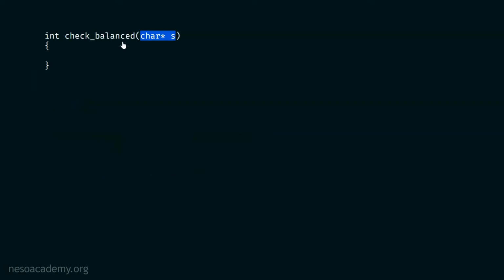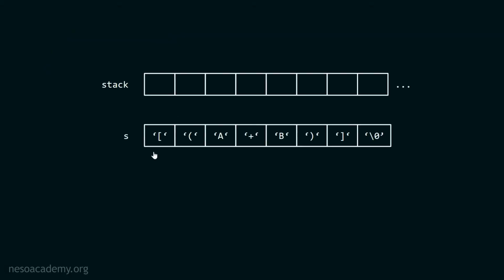This is how a checkBalanced function looks. You can see that the return type of this function is int, because this function will return either 0 or 1 based on whether the expression is well balanced or not. Here I have declared this pointer, which must point to the expression, that is EXPR. We have this pointer to a character, which means that we have received the whole array inside our checkBalanced function.